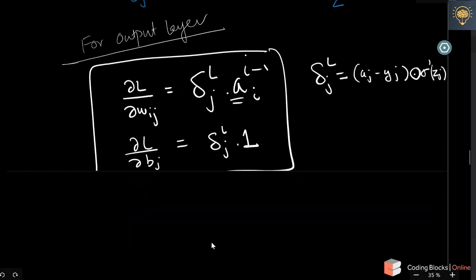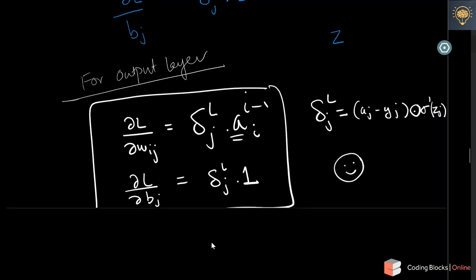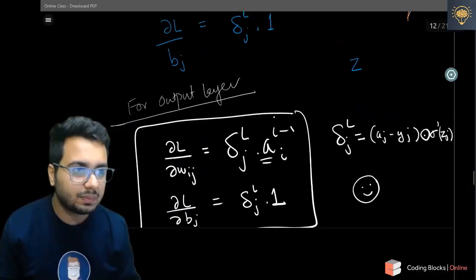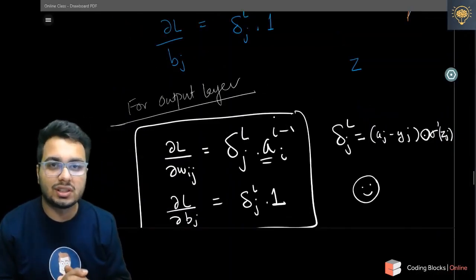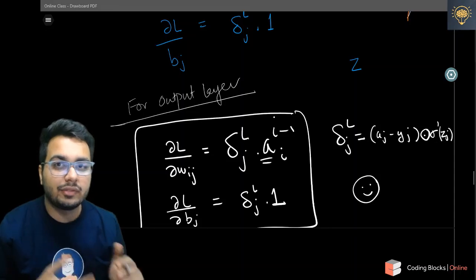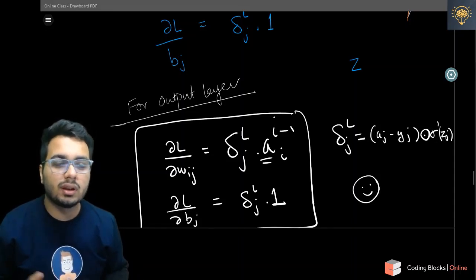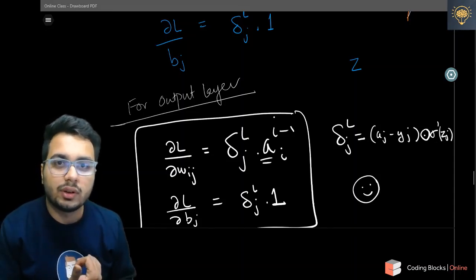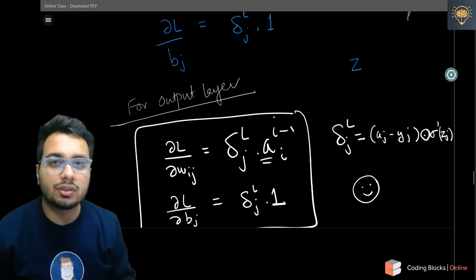So this is the result for the output layer, and I hope you got some insights into what is going on, and I will cover the next part in the second part of this video. So thank you guys for watching this part, and if you are having some confusion, do go through this video once again, and I hope you will surely get it.